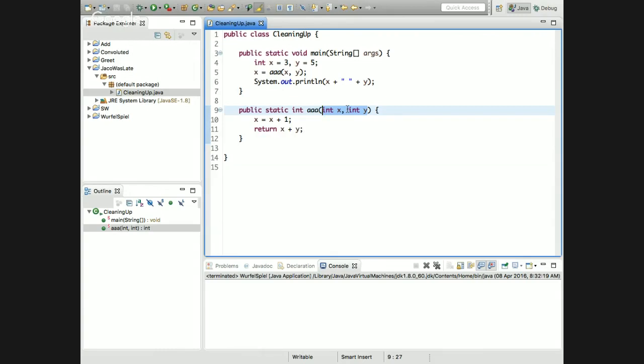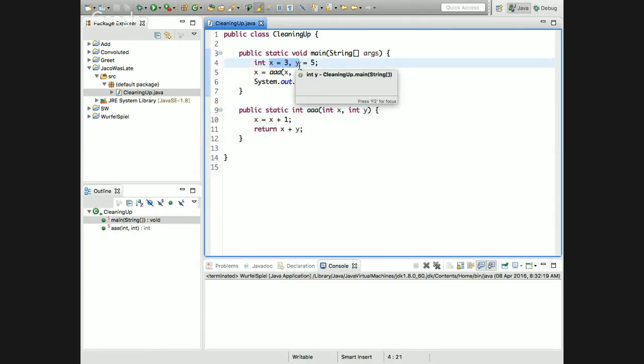AAA can't really see the X and the Y in main. You can't see those values. They belong to main. Their scope is main. Scope is where the variables are visible. So the scope of this X and Y is main. The scope of this X and Y